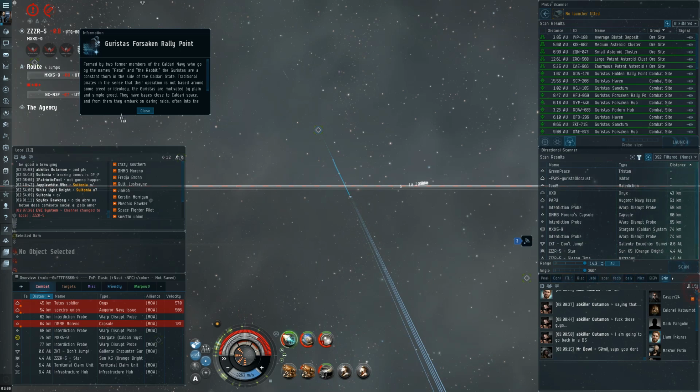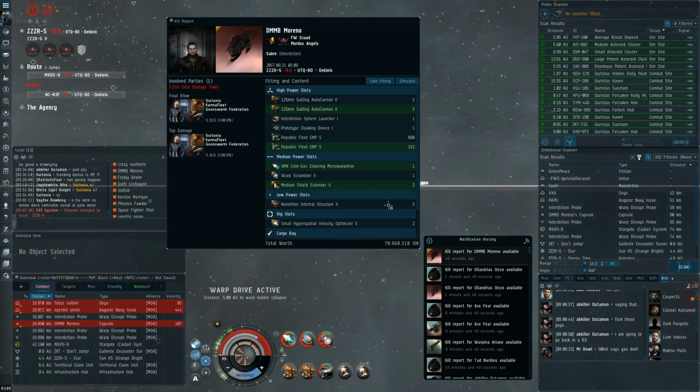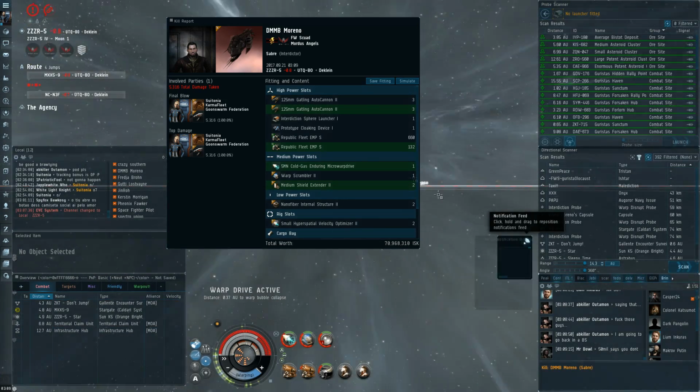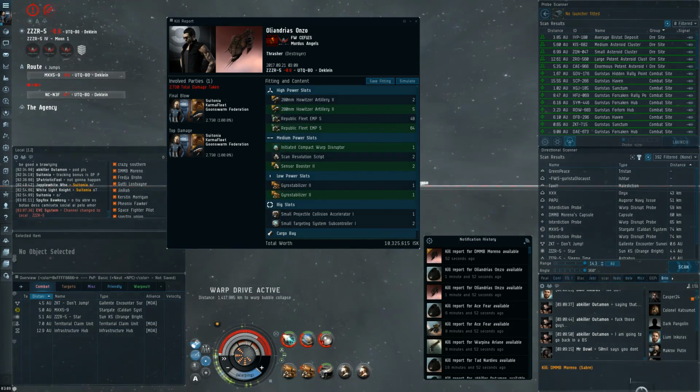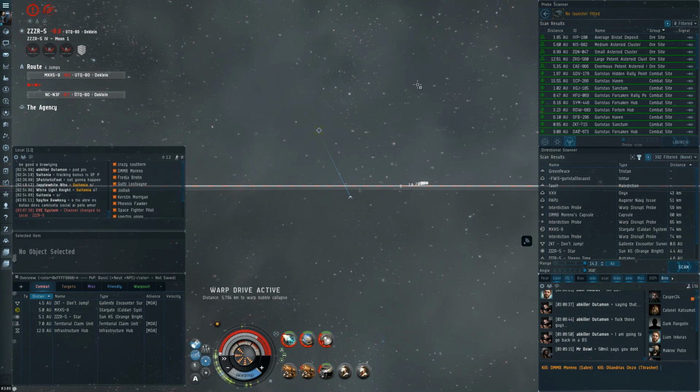But yeah, that was kind of an interesting fight. I think it would have been a lot harder if the Saber pilot was away, because as you can see, he was in a fleet fit, but he did have autocannons, he had guns. It could have been a much more sketchy fight if he was paying 100% attention